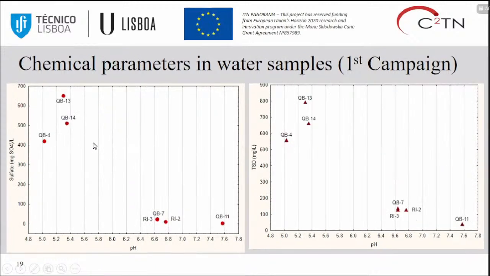And the second in line, we have the sulfates. This part is from the open pit, exactly the same behavior. Q11 is the one water sample we collected inside of the old mine, but this sample doesn't have contact with the water from the open pit. For this reason, the behavior of the chemical parameters is so similar to the water sample.